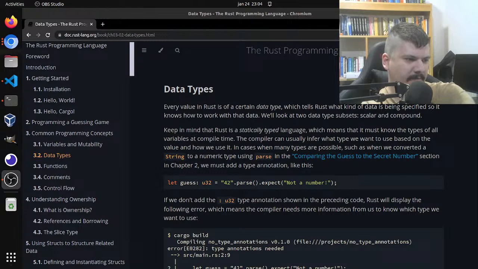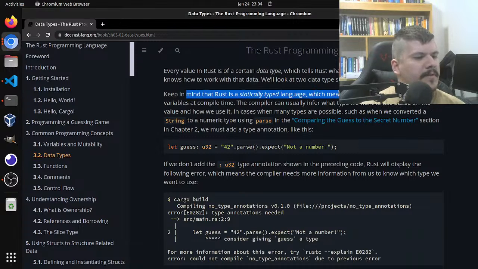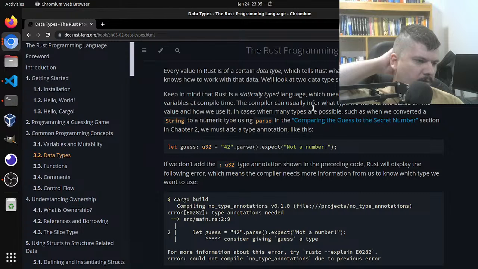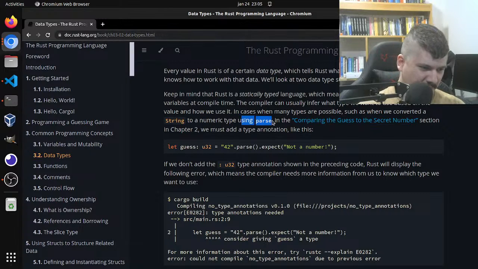Okay, so back to it. Data types. Every variable in Rust is of a certain data type, which tells Rust what kind of data is being specified. Okay, I think this is where I know this. Rust is a statically typed language. You must know the types of all variables at compile time. The compiler can usually infer what type we want to use based on the value and how we use it. In cases when many types are possible, such as when we convert a string to a numeric type using parse,